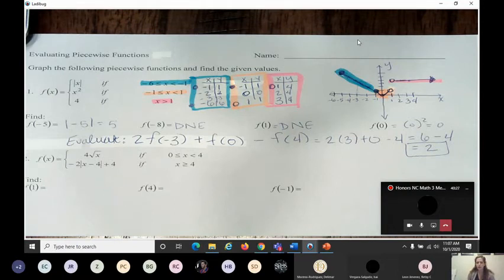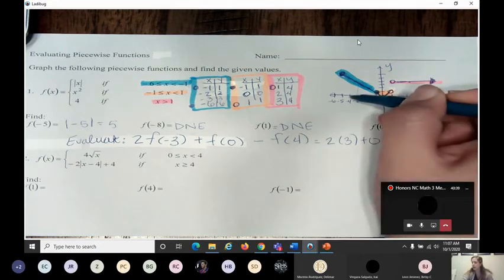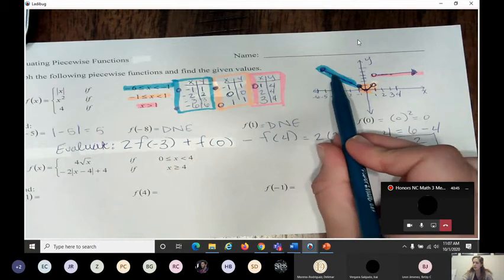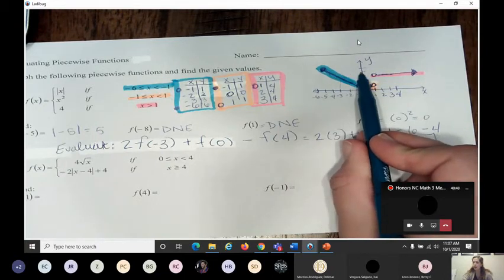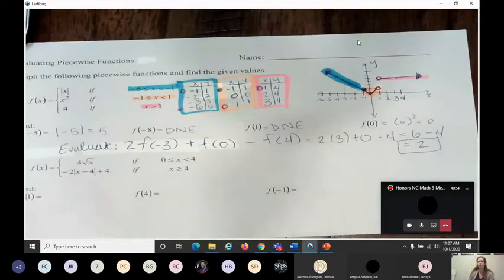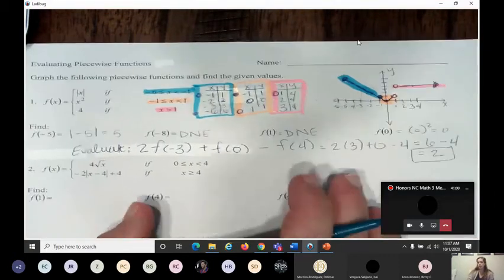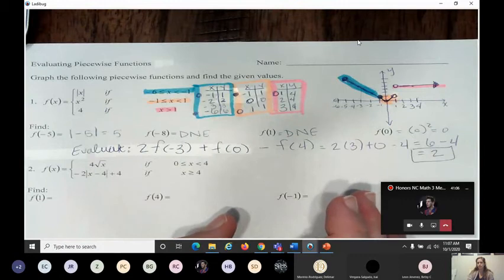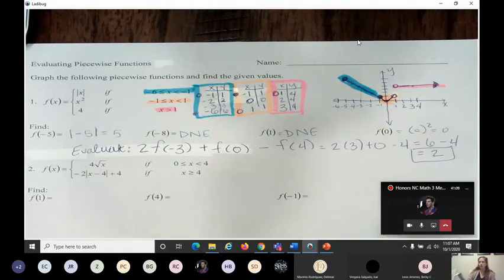That was a really great question. So when you have problems like that, you're just looking for the number on the x-axis. The number inside the parentheses, you find on the x-axis, you map it up to the function, you map it over to the y value, and that y value is what you're replacing the entire f of whatever value with. Any last questions on this particular function? Okay, if there are no questions,